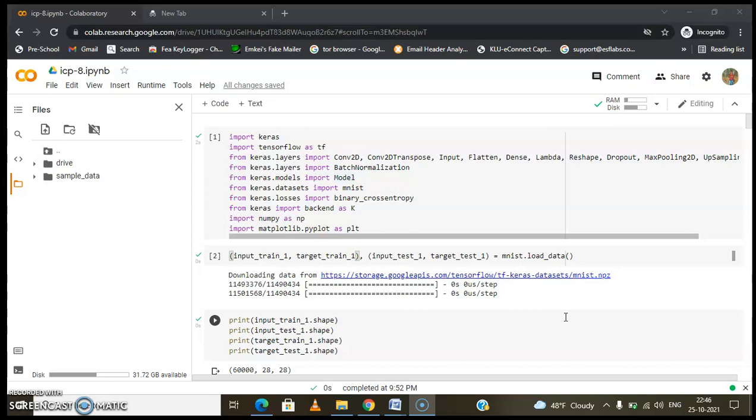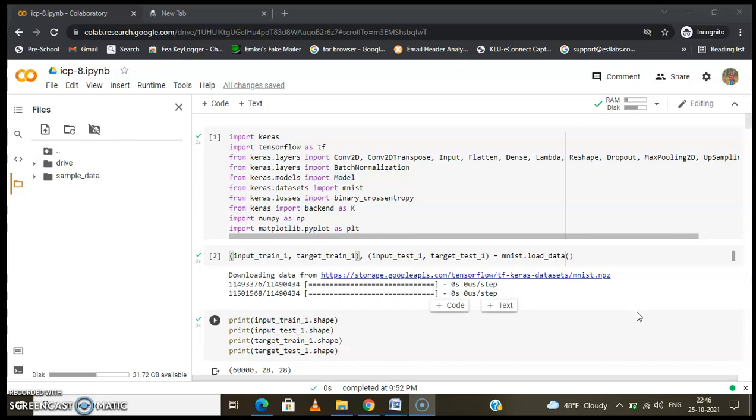So we are importing all these libraries, and we have to create an encoding and decoding layer model from the MNIST data which has been provided, and this data we can get from Keras. For this ICP the model is already provided, and we have to add additional layers into the encoding and decoding model so that it can be improved. It will be improved, but the main idea is that we have to implement this model and also add additional layers into the model.